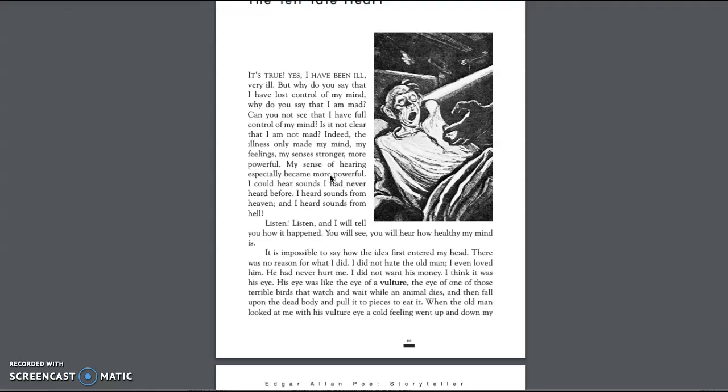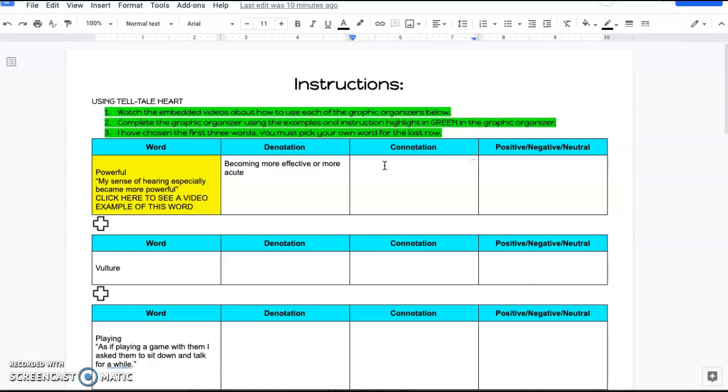So in this particular case, I would say that it feels a little bit more positive because he's telling us about his hearing getting better. And in that particular case, I'm going to have to ignore the fact that everything around it is really negative, because it's focusing in on how he thinks he's not crazy. He's using this word in a positive way. So let me go to where I'm looking. All right, here we go. So my connotation, I'm going to jump straight to positive on this one. Even though, like I said, most of the story is going to be negative. So don't bank on this positive in this one answer. It's just how he's using it, powerful.